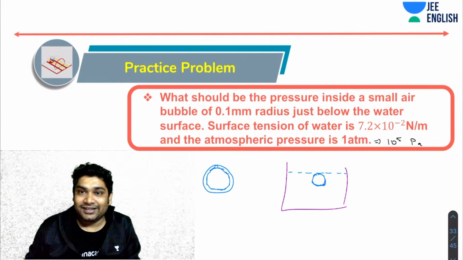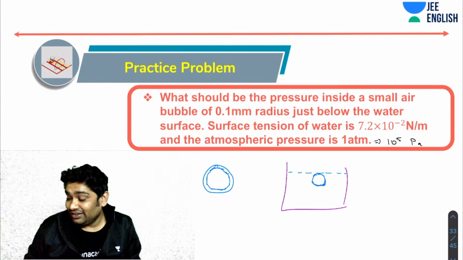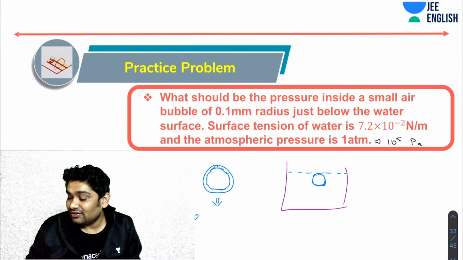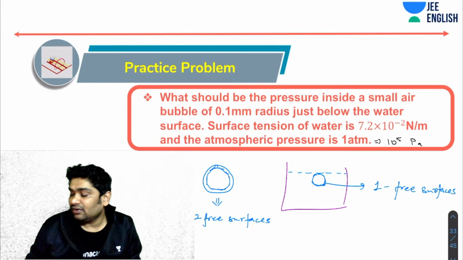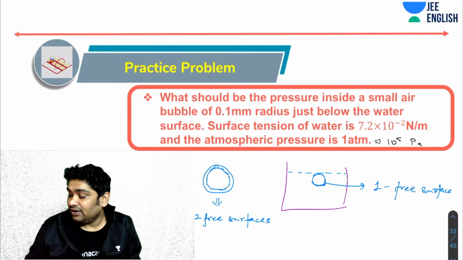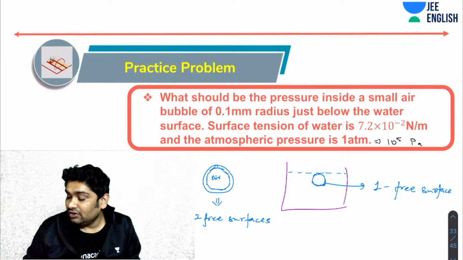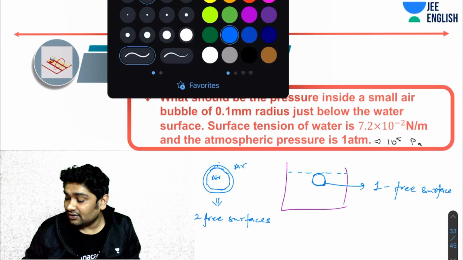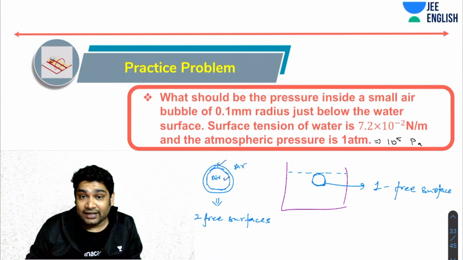देखो डायग्राम बना दिया मैंने हिंट के लिए। इसमें सिर्फ एक फ्री सरफेस होगा, दिस गाय हैज टू फ्री सरफेसेस, एंड दिस गाय हैज वन फ्री सरफेस ओनली। फ्री सरफेस हम किसे बोलते हैं, जो भी लिक्विड का लेयर एयर के साथ कांटेक्ट में है। इधर दो लेयर कांटेक्ट में है, यहाँ एयर है और यहाँ भी एयर है, तो ये वाला भी फ्री सरफेस है और ये वाला भी फ्री सरफेस है, दोनों एयर से कांटेक्ट में है। यहाँ पर एक ही सरफेस है।